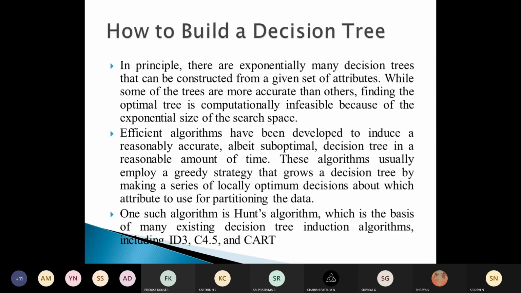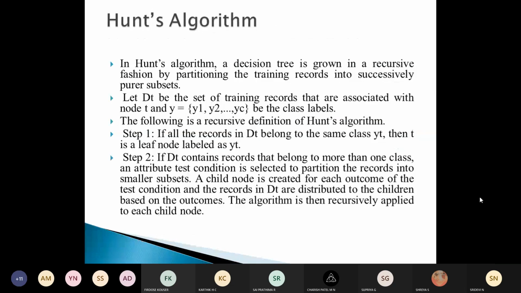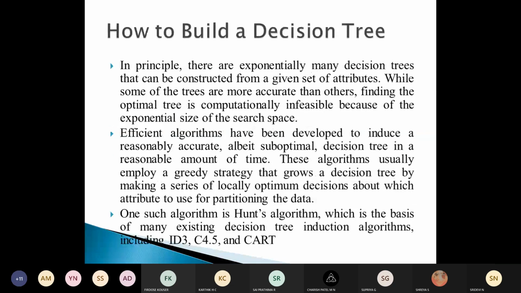One such algorithm that we'll discuss is Hunt's algorithm, which we will discuss in the next class, and this serves as the basis for many existing decision tree induction algorithms, like the ones specified here, ID3, C4.5 and CART.